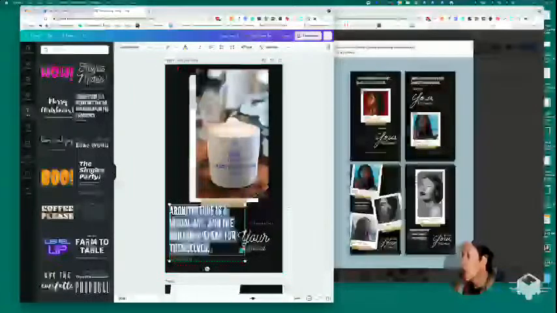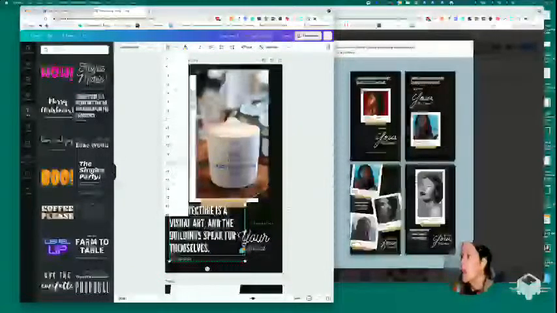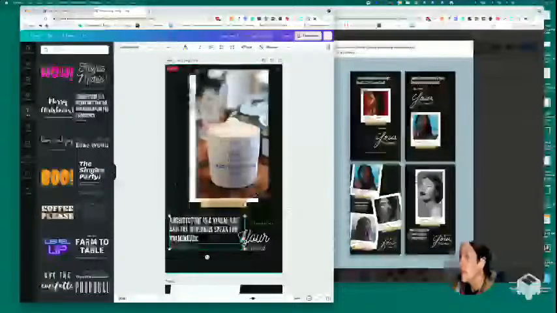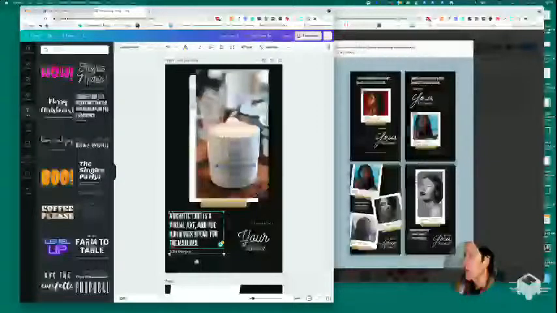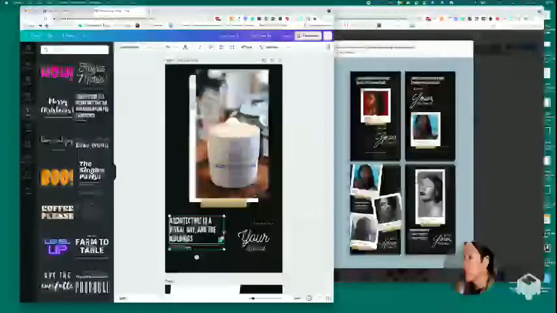Let's see if we can drag this down a bit and smash it. Get that white space going. Copy